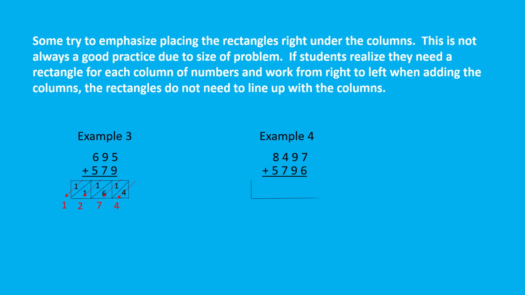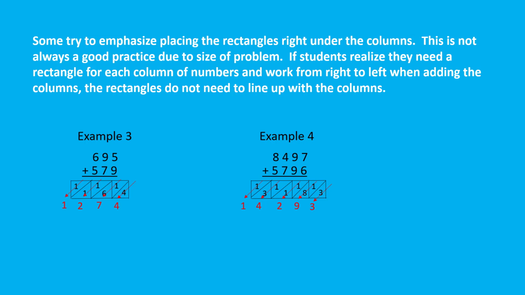Example 4, let's take 8,497 plus 5,796. This time we need 4 rectangles with diagonals. 7 plus 6 is 13. 9 plus 9 is 18. 4 plus 7 is 11. 8 plus 5 is 13. Add the diagonals. Final answer is